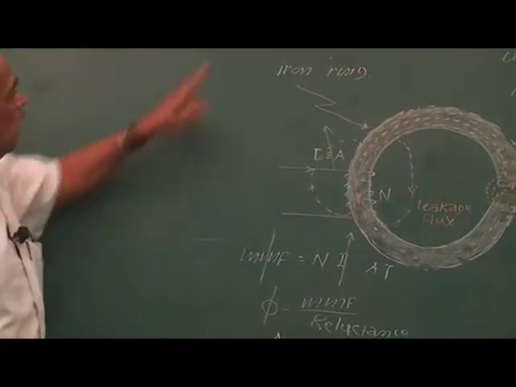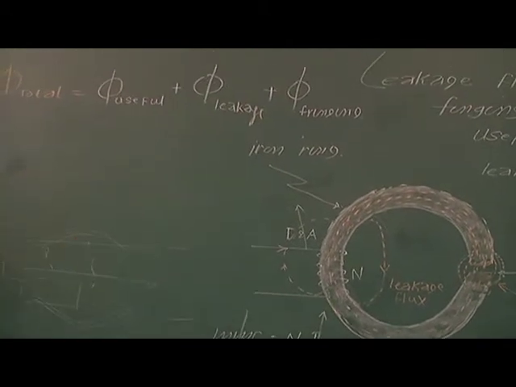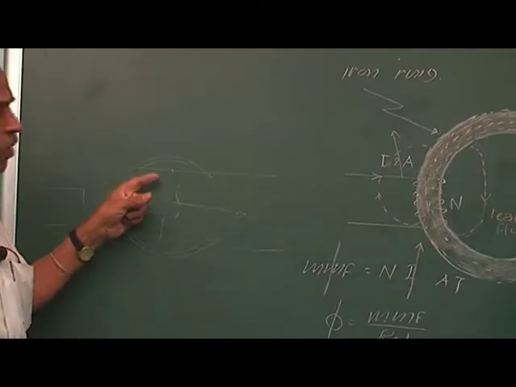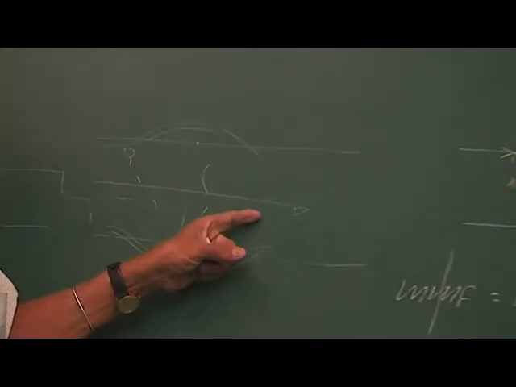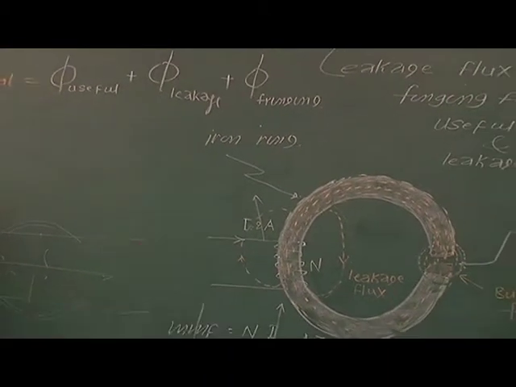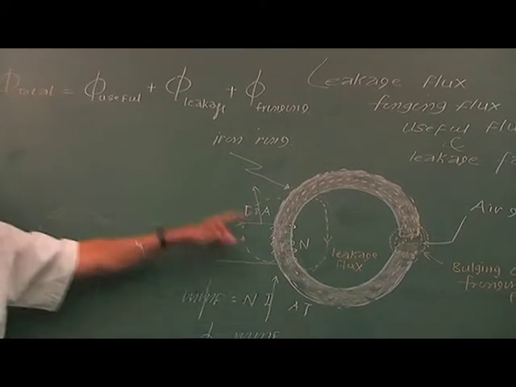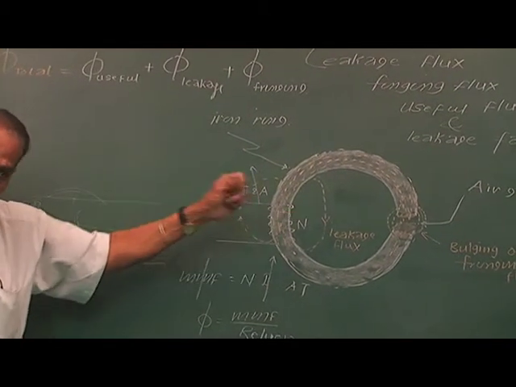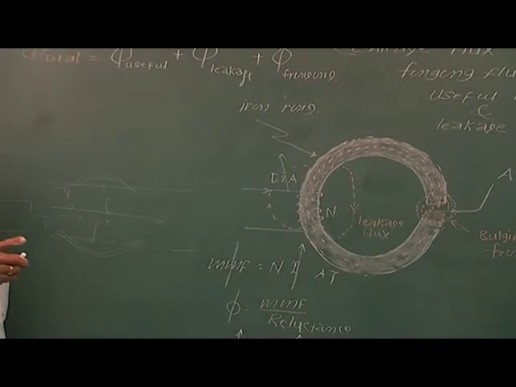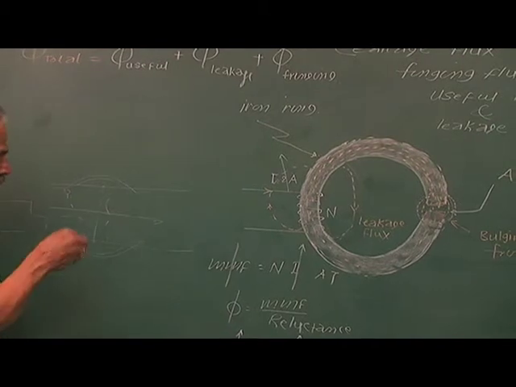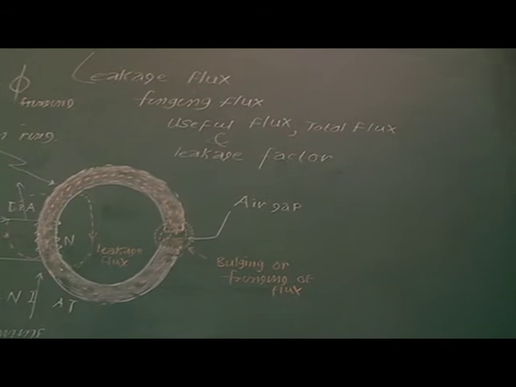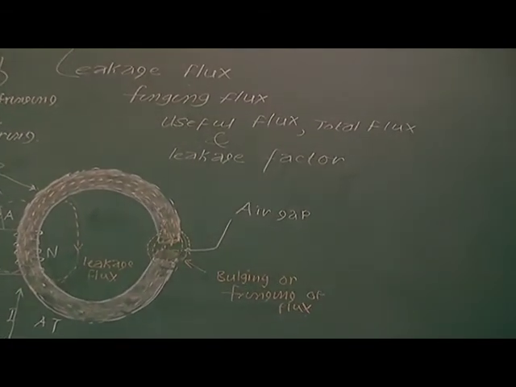So I hope you understood the reason for leakage, and the number of persons is less, and how long they will be there, as long as the truck is there. So how long these two fluxes will be there, as long as current is large. Reduce the current, they will vanish. These lines will vanish, fringing flux also will vanish, and in that case total flux will be same as useful flux. And here you can define the last one, that is the leakage factor. Leakage factor is denoted by the letter lambda.